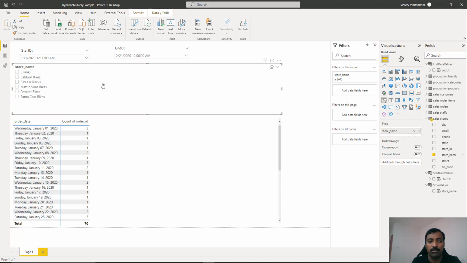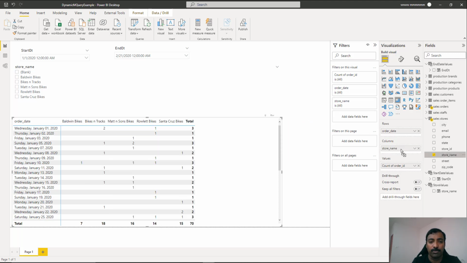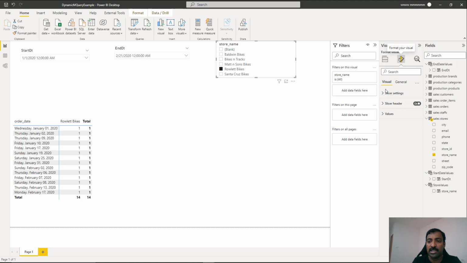So let's add a slicer and drag and drop a store name into it. And to make it more clear for us, let's add the store name in the columns of our report as well, so that it's evident whether it is doing the filtering properly or not. So let's move it again to the parameters area, and we are going to enable the select all as well